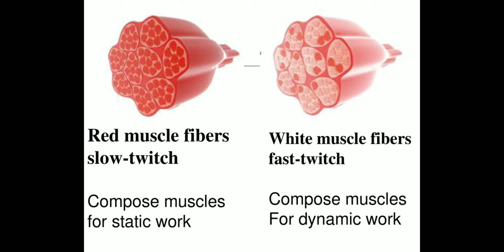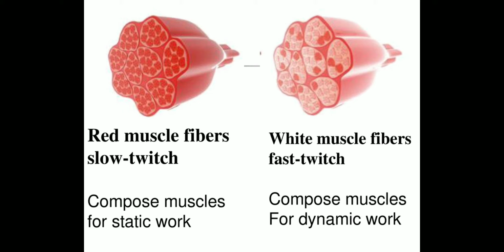Now what is the function of these red and white muscles? Actually, red muscles are slow pace workers. They are used to work for a longer period of time or for slow contraction. Whereas white muscles are fast, but they work only for a short period of time. That means to give any stimulus, to give a reflex action, you need white muscles, which will give you a quick reaction, but for a short period of time only. But red muscles are used for a longer period of time.